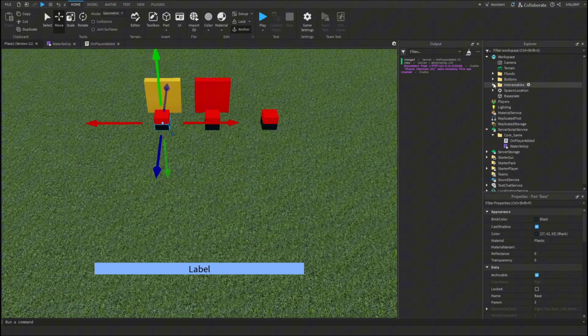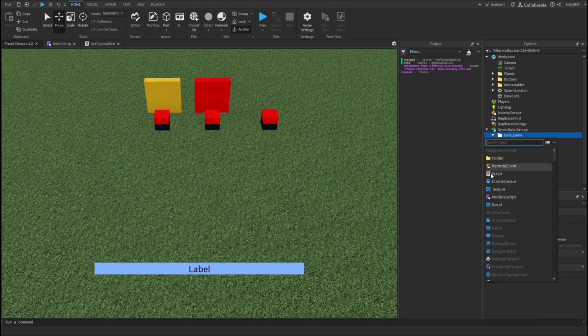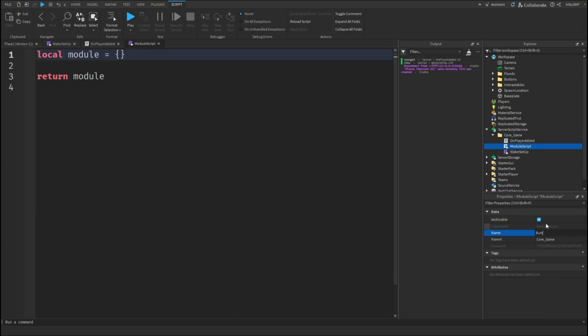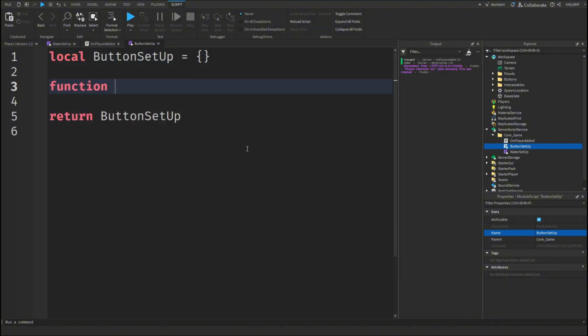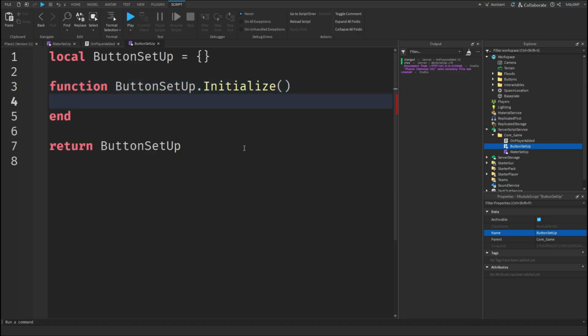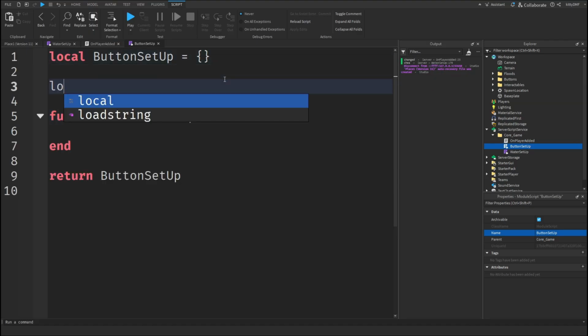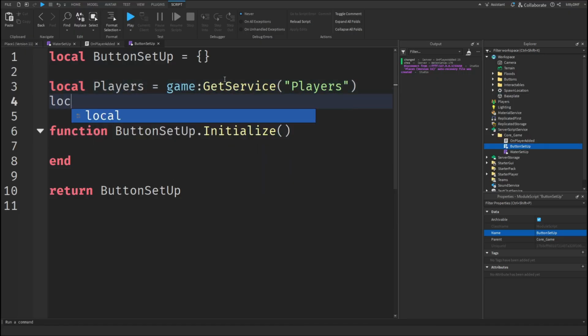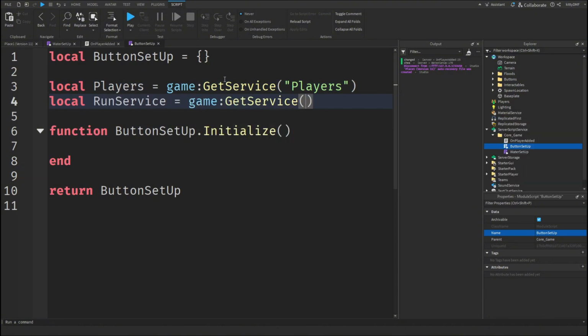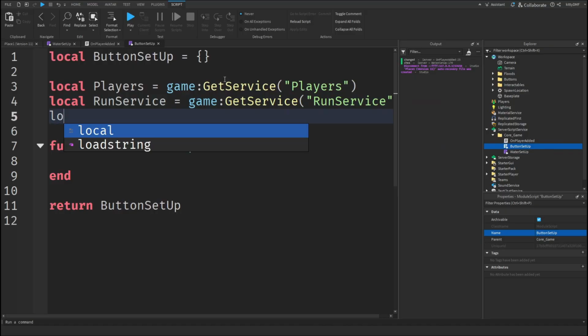Now that that's done, you can go into the core game, add another module script, and we can name it button setup, since this essentially will set up buttons for us. In this module script, we can add a new function called buttonSetup.initialize. This will initialize all buttons. Initialize, I do not know how to spell. And we need to find a couple of things. The first one being our player service, which will equal game:GetService players, our run service, game:GetService run service. And finally,